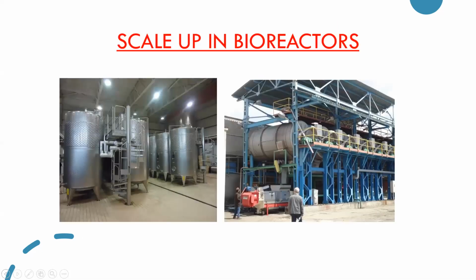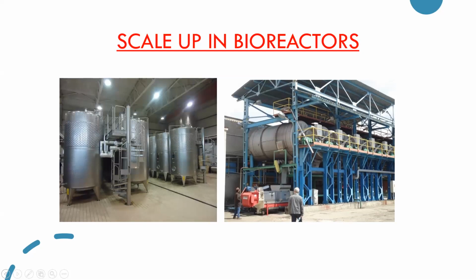Now, once I have studied the oxygen transfer, the next important aspect is scale up of bioreactors. You can see in the figure that I'm talking about the bioreactors in the industries which have capacities of tons and tons. However, on the lab scale, we were referring to the benchtop fermenter having a production capacity of 5 liters only.